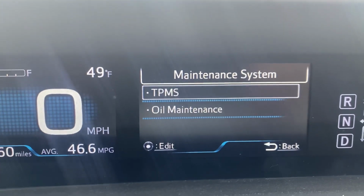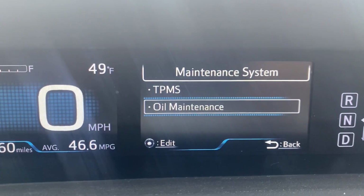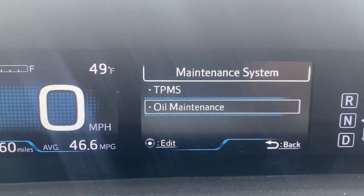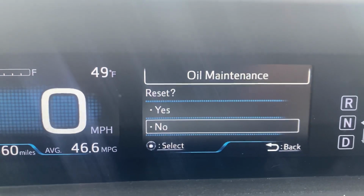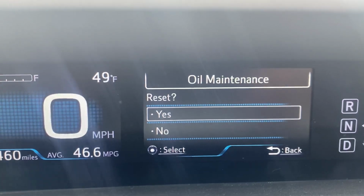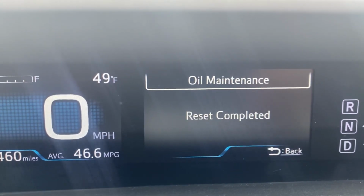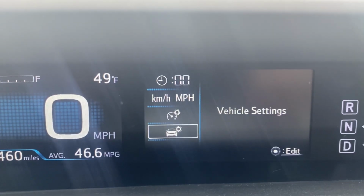We already changed our oil and we want to reset that one, so I scroll down to oil maintenance. I will click 0, and then it says reset, yes or no. Well, of course we want to reset. That's the whole point of this video. We'll click yes and then push 0. Reset is complete. Now you can just click back and go back to your